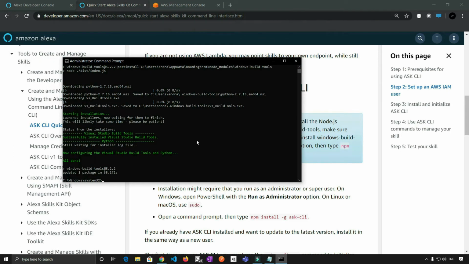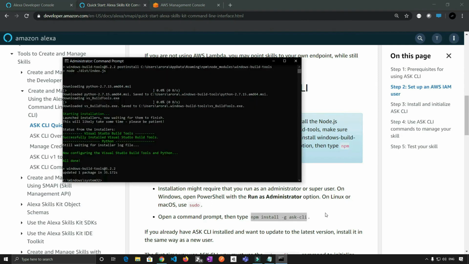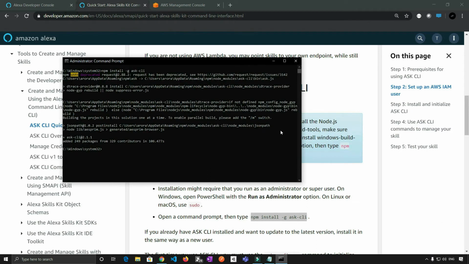Okay, so tools are installed, and then we need to run this particular command to install the Ask CLI. So Ask CLI is installed.